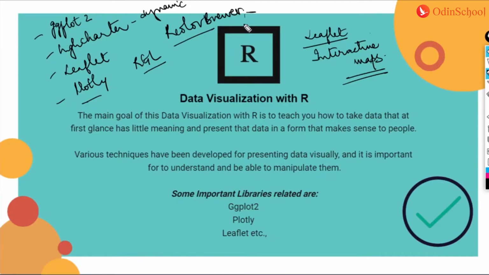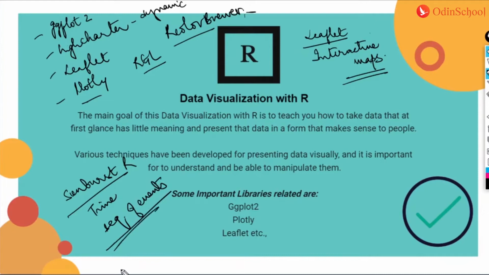Plotly is again an online platform for data visualization. And then you have Sunburst R. I've not written it here, but we have something called Sunburst R. These are also great for visualizing a timeline or probably a sequence of events. So if you would want to come up with something like that, then Sunburst R is probably the most preferred